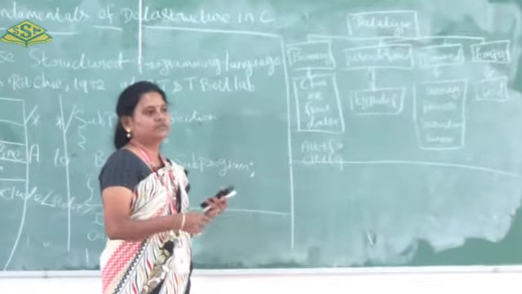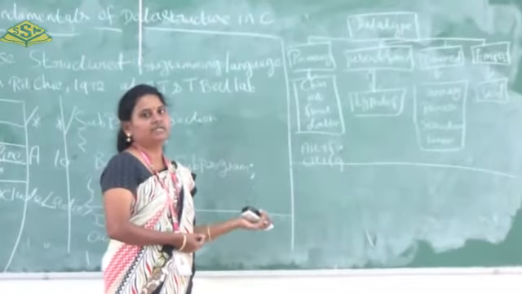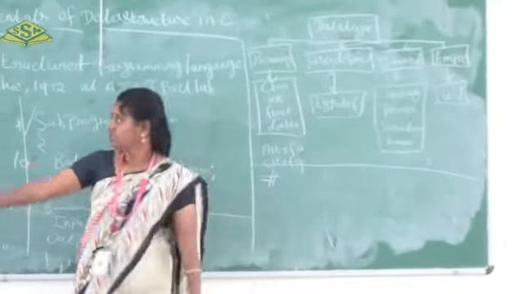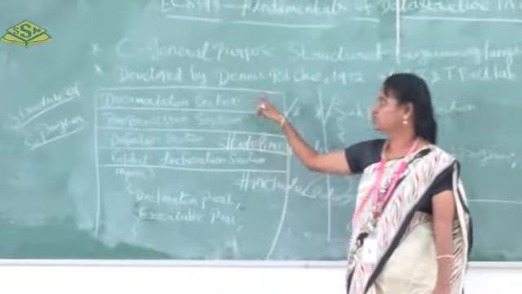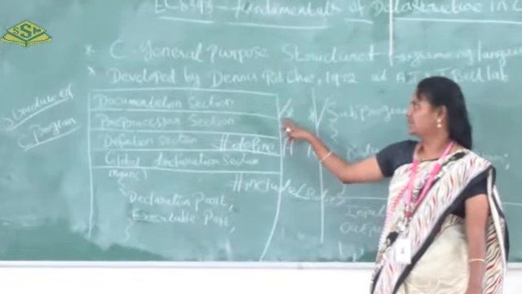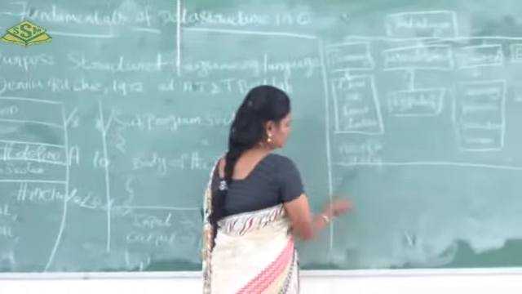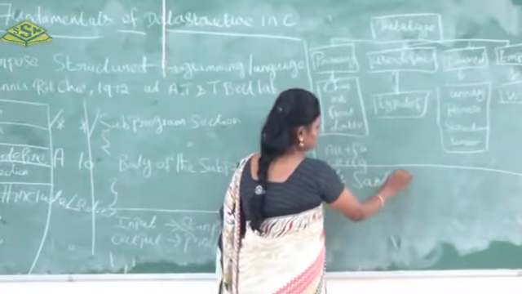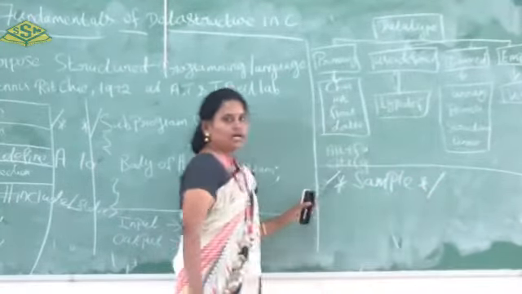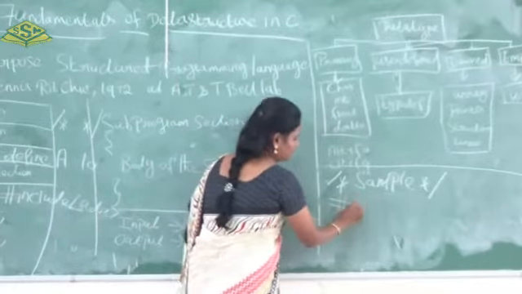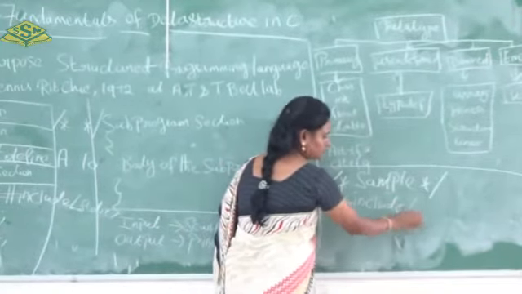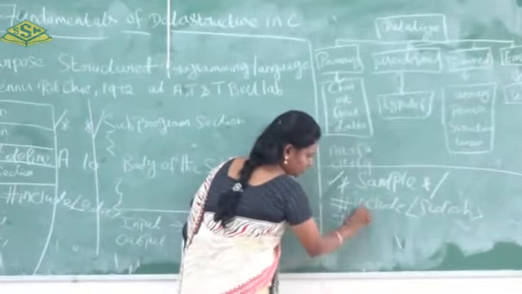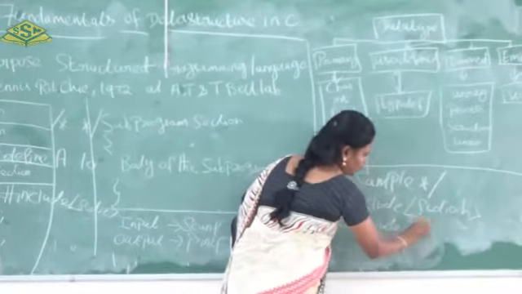Now I am going to give just one piece of information in between the printf statements. First thing, if you are going to write any program, the first thing is the documentation section. Already I have said that it should be enclosed with slash asterisk symbols. I am going to give some sample, so slash asterisk sample asterisk slash. After that we have to include header files. That is hash include stdio.h, then hash include conio.h.